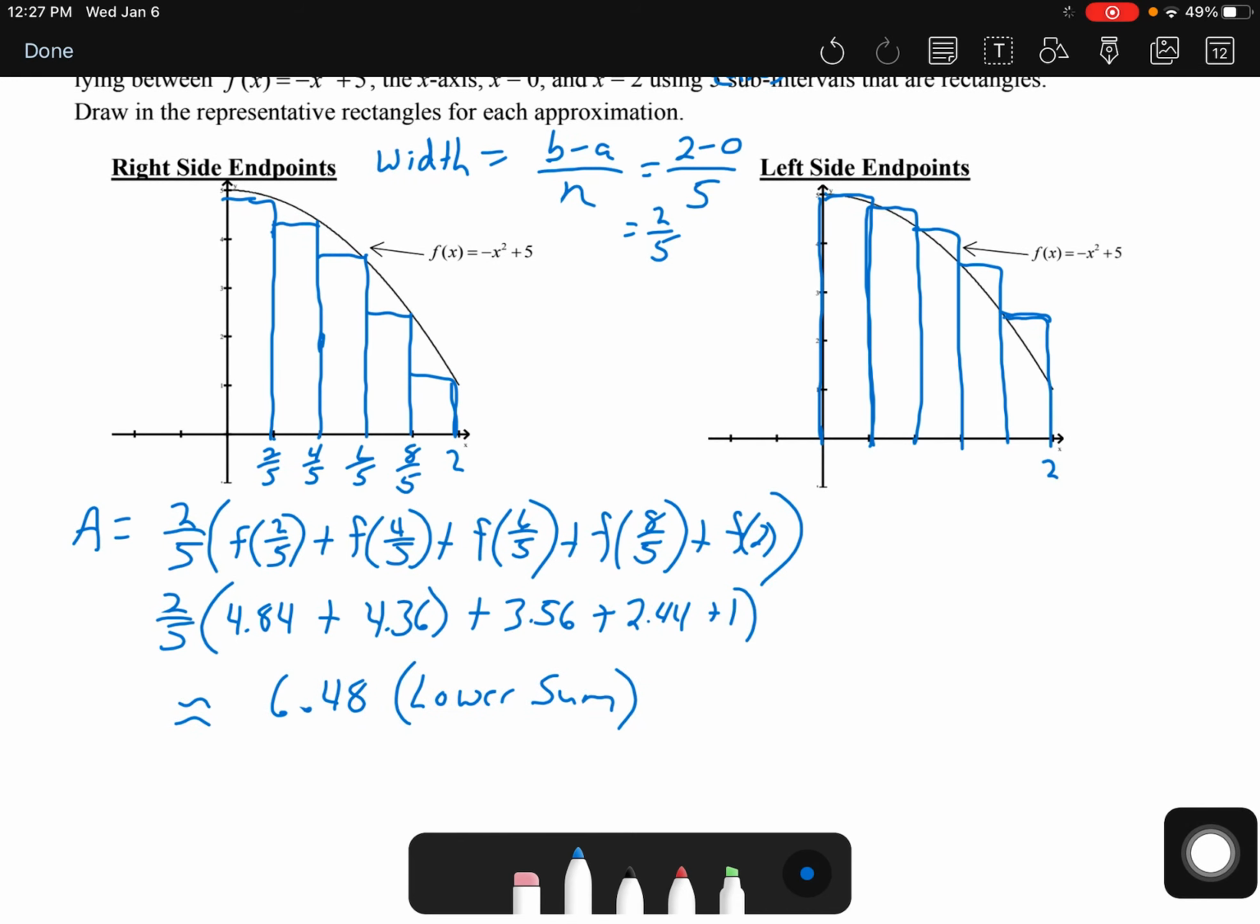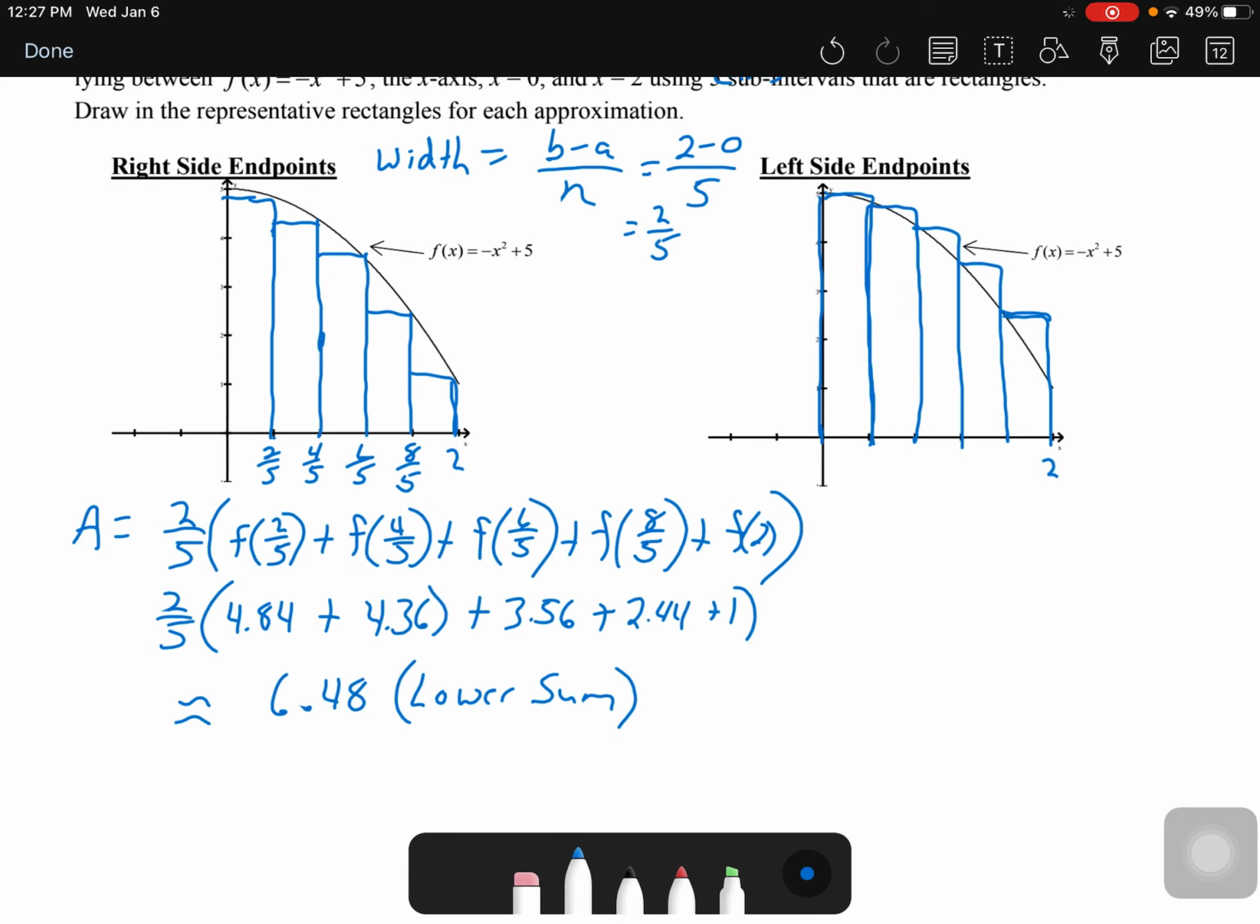All right, now in a similar way over here with my left side rectangles, I kind of wrote a little too big there, but let's see if we can squeeze this in. So if I were to do this one, it's going to be a similar process. So it's going to be 2/5, but in this case, I'm actually starting with my first function value found at 0, because that's where my first height is, I'm doing left side rectangles. It's actually f of 0 to get this first height. So that's going to be f of 0 plus f of